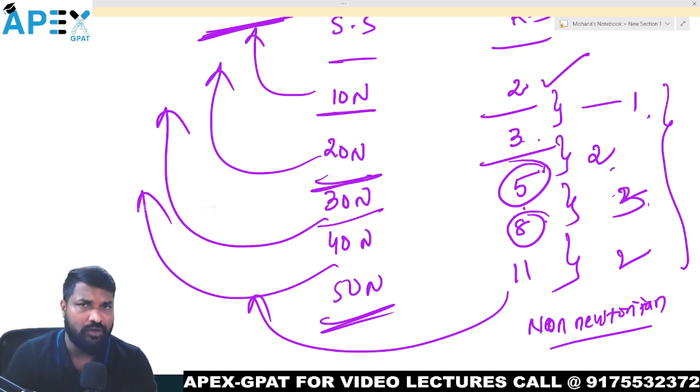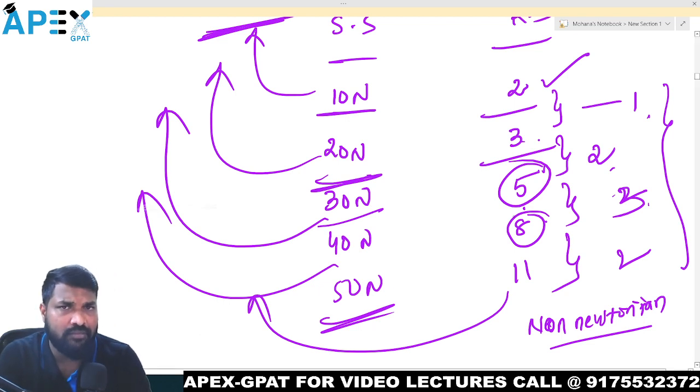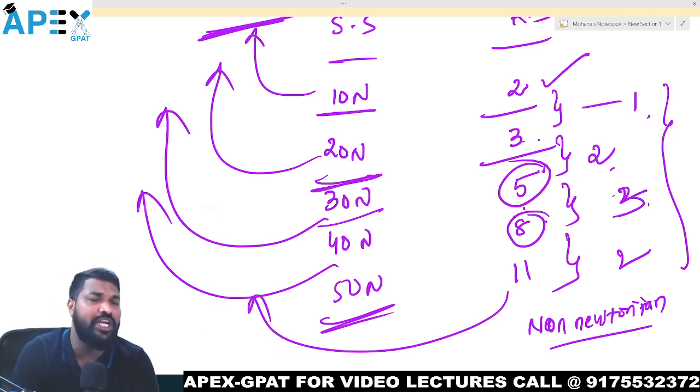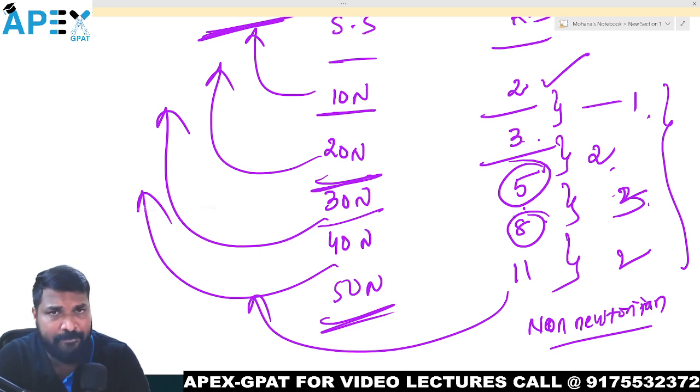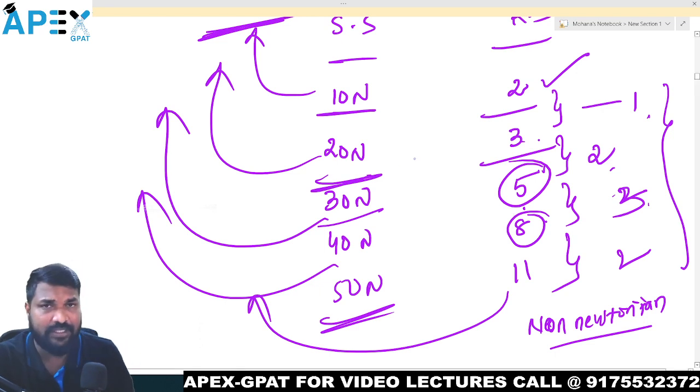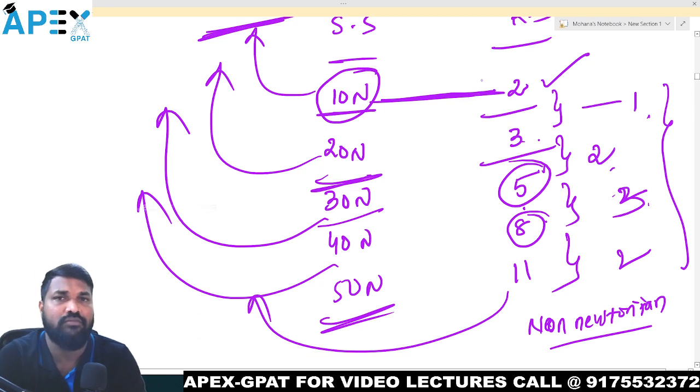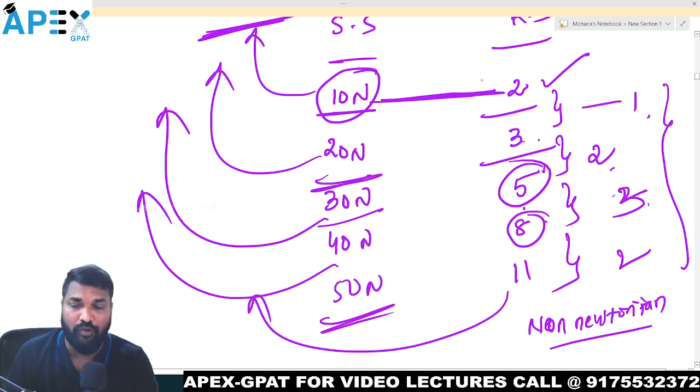Did you observe any Newtonian behavior here? No, we don't observe any Newtonian behavior here. There is no proportionality of increase here. Flow is not proportionally increasing. But in the graph, initially it is starting the flow. Initially it is showing the flow. That means what you can see here,